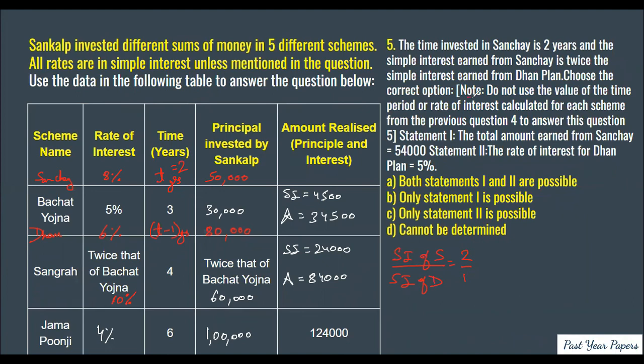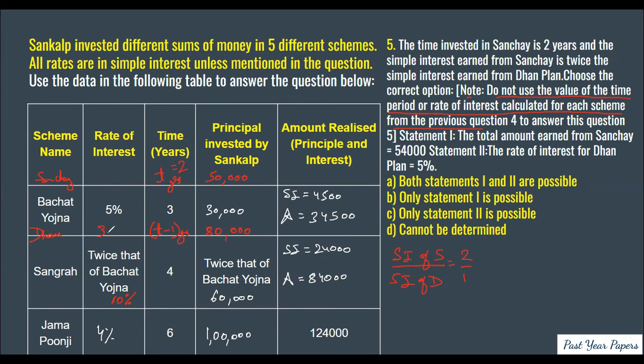There is a note given. Do not use the value of the time period or rate of interest calculated for each scheme, that is, remove this 8% and this 6%. We do not know the value, right? Now, please understand, they are asking us to remove the value. But removing the value does not mean that we have to remove the relation also. There was a relation given related to rate of interest of Sanchay and the Dhan plan. The ratio of rate of interest for Sanchay and the Dhan plan was